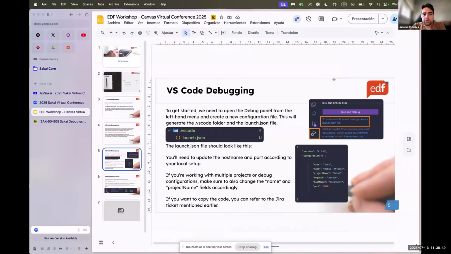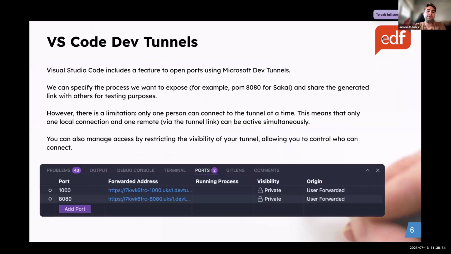I can go here. So then I will talk about the dev tunnels that VS Code can use. I don't know if anyone here knows about ngrok, but ngrok allows us to serve our localhost ports to the internet, because maybe we have a colleague or a customer that would like to access our Sakai environment, but we have our Sakai in localhost.